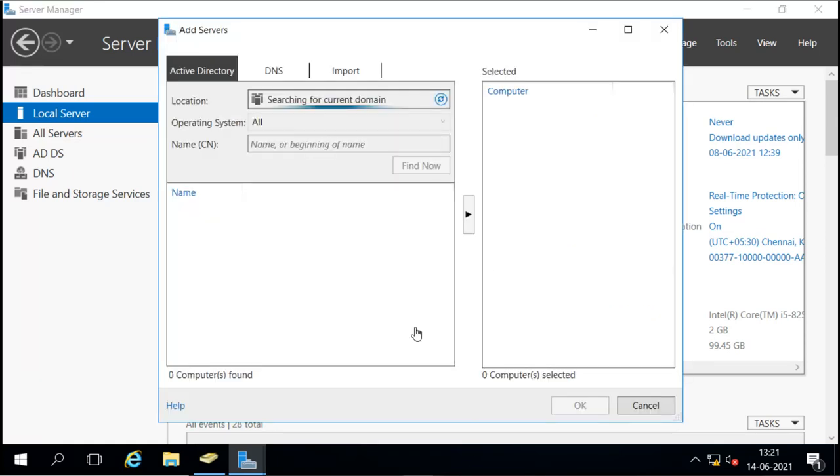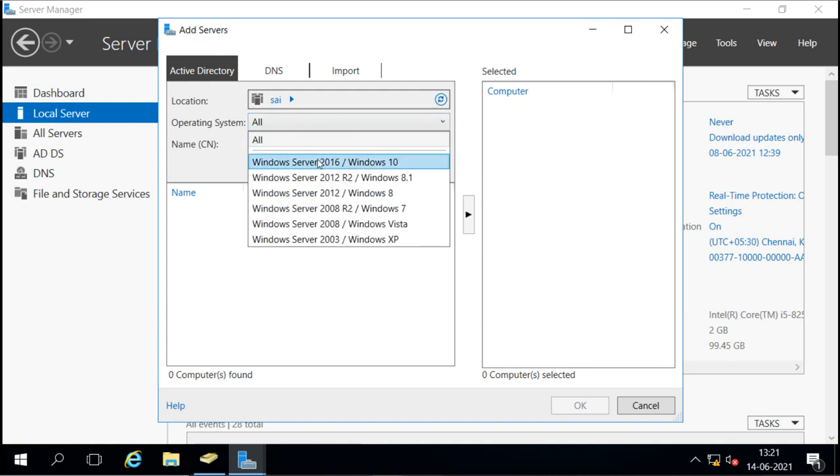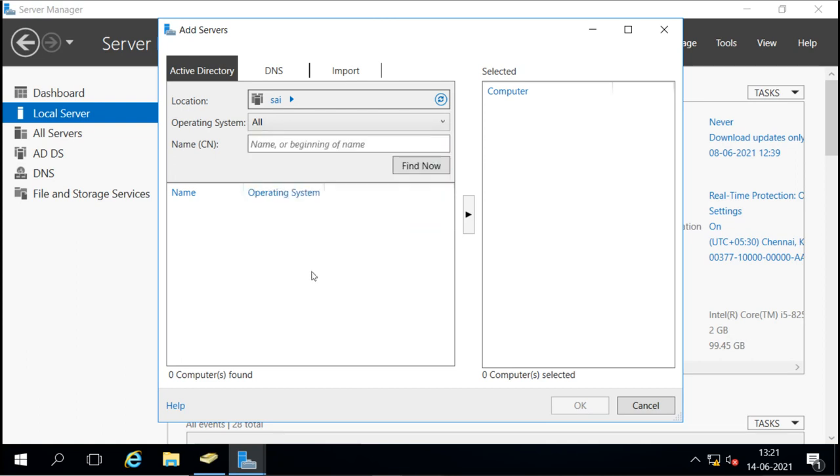So Add Servers, it will open this window here, and it is searching for the current domain. Under the domain, for which operating system, we can say all operating systems, and you can also search by the operating system, or if you know the name, you can put the name here.